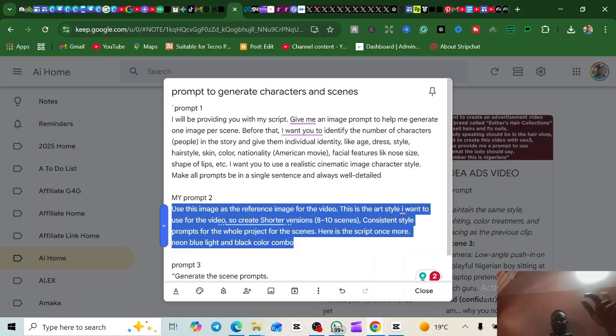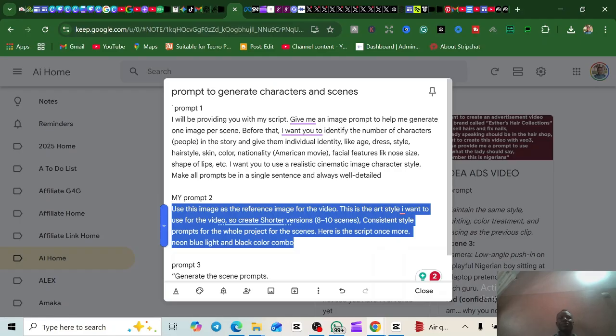Do you understand? Let's say you want to create an animation video, an anime kind of content, or let's say a cartoon. This first prompt will describe the particular boy, girl, or father in the cartoon. The second prompt will tell ChatGPT the kind of cartoon you want. There are different types of cartoons, like anime and normal cartoons, so you tell it the particular style of cartoon you want to create.